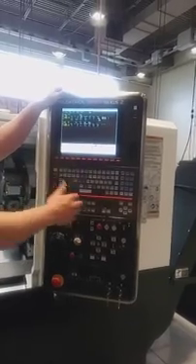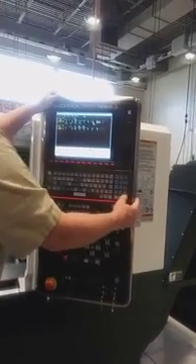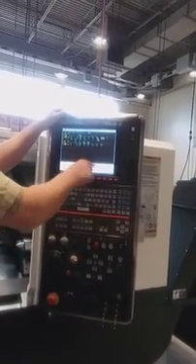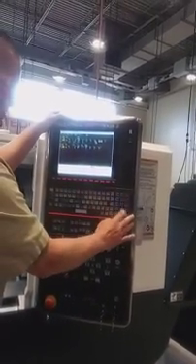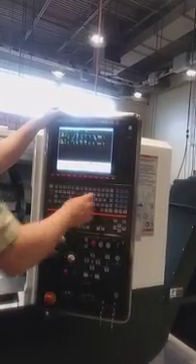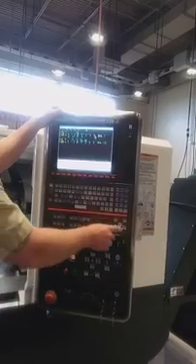Max depth of cut, we're going to say 80. It can take a lot more than that, but we're just going to be nice and easy for the class. Okay, so cutting speed, we're going to go 800 for our rough, 12 thou for our feed rate, and M8 to turn the coolant on. Cursor down,